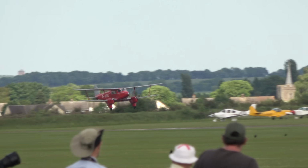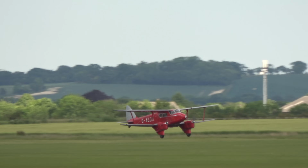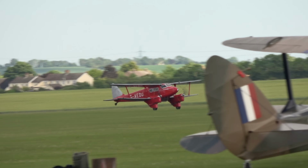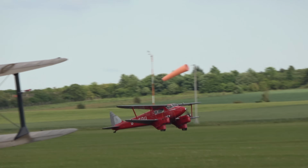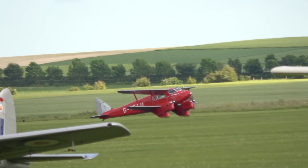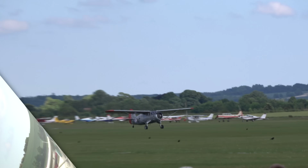As the Dragonfly comes in on the hard runway, feeding it gently down. See it landing. Very elegant flying indeed, from Dan Griffith, adding another aeroplane to the list of types we've seen him fly here at Duxford, including many Warbirds, Great War display team aircraft, and of course an amazing Boeing 727 that we saw him in 3 years ago. But now,